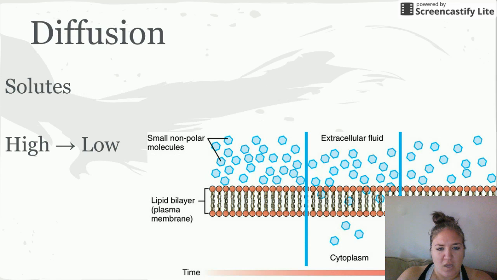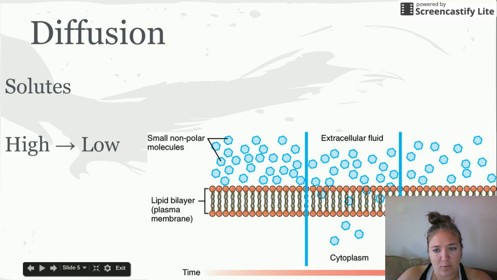When we talk about diffusion, we're talking about solutes, and they're moving from high to low. You'll notice in this you have these small molecules in this extracellular fluid, and extracellular just means the fluid outside of the cell. And then you have this plasma membrane, or semi-permeable membrane. And over time, which goes across the bottom, you'll see that these nonpolar molecules are slowly moving across the membrane